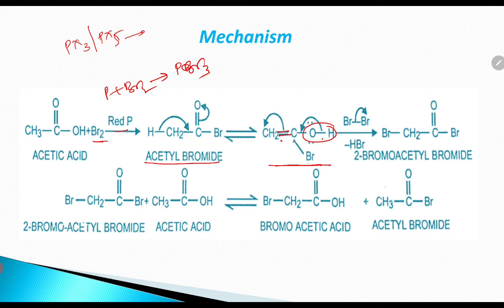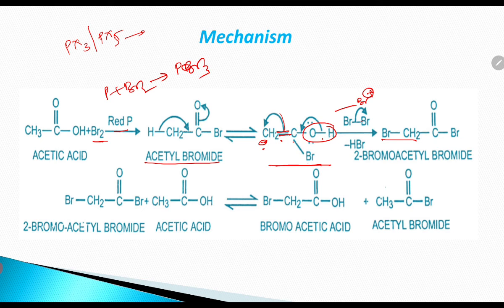So this enol of the acid halide undergoes halogenation again, that is, it is treated with bromine and forms 2-bromoacetyl bromide. Here one bromide group is attached to this carbon atom. See, the electrons are shifted onto this carbon atom, therefore it is getting a negative charge, and Br plus from this bromine molecule comes and attacks here. So we are getting CH2Br here.